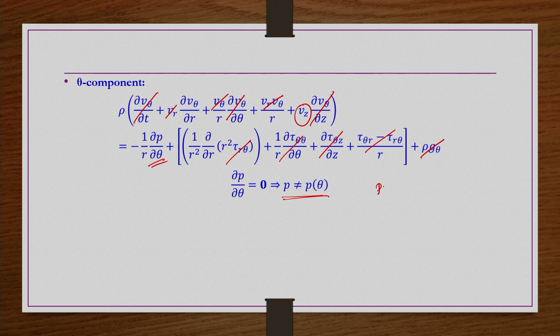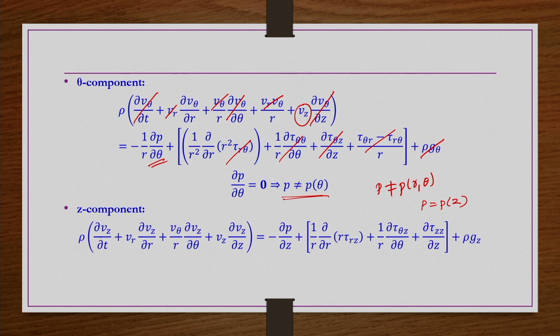So, till now what we understand is p is not a function of r and theta. But the flow problem is taking place because of the pressure difference. So, what we can understand from here itself, without solving the problem further, we can realize that p is a function of z. What function, is it linear, non-linear, that we do not know, that we can understand by simplifying the z component of the momentum equation.